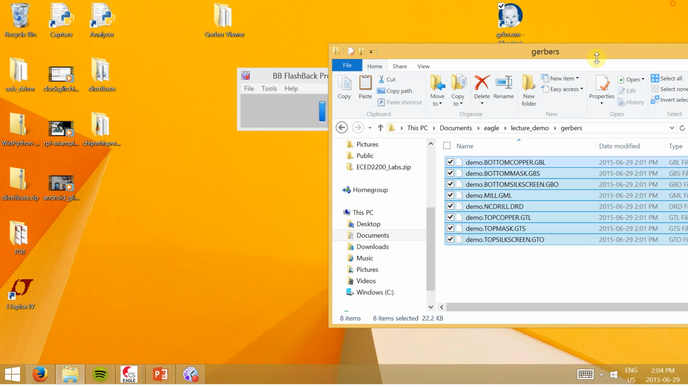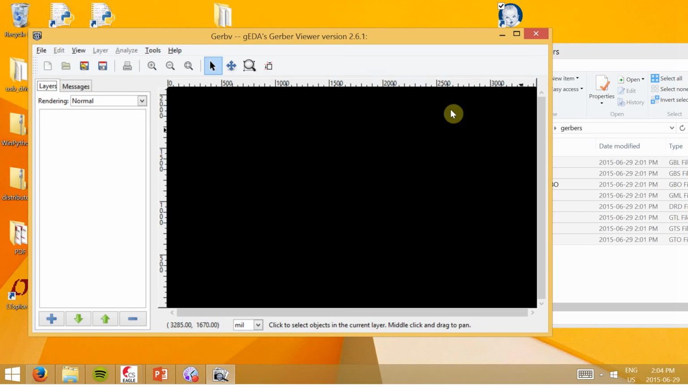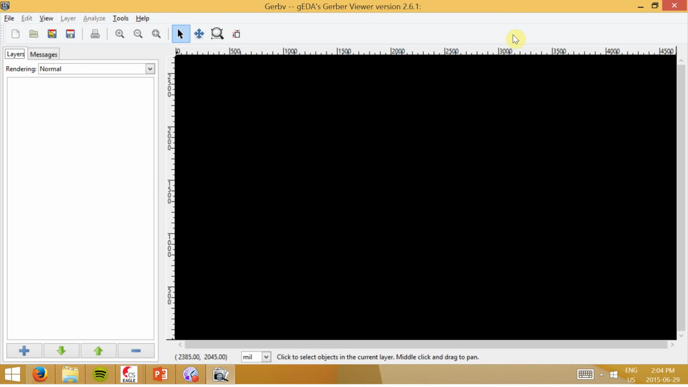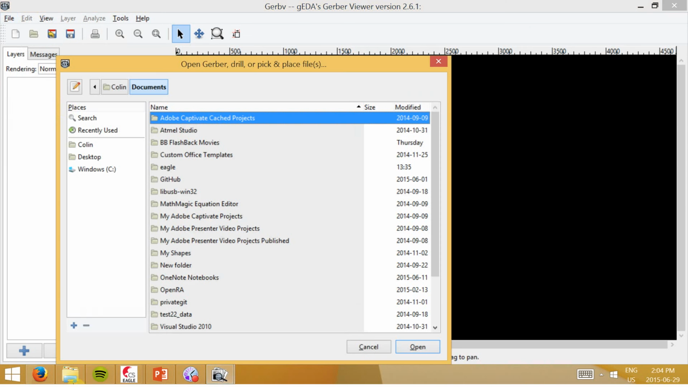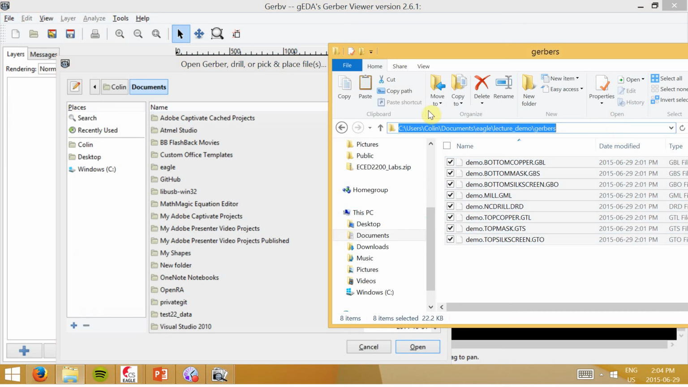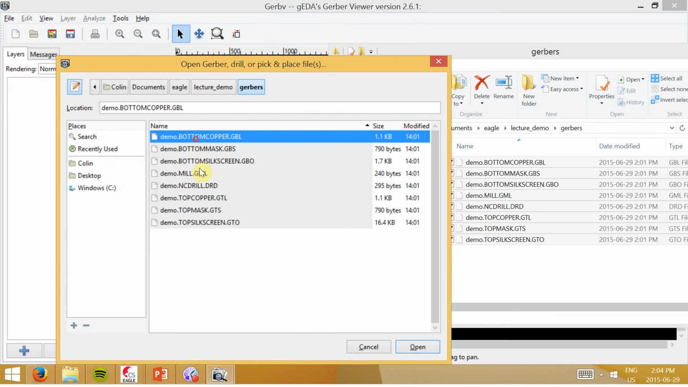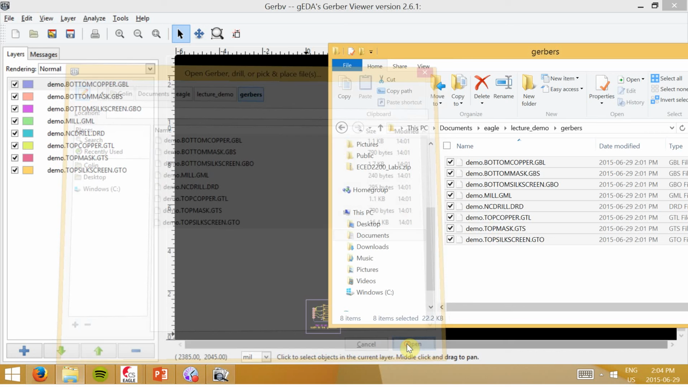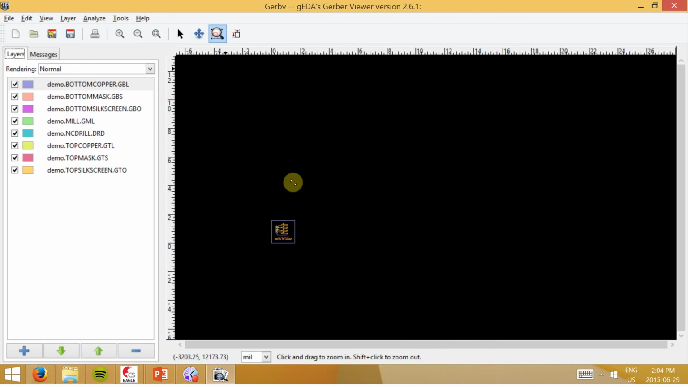If that one doesn't work, the other option, the more classic Gerber viewer, is something like Gerbv. There's a few others too, so you can search and find them. If I open all the Gerbers, so I'm just going to say open all. Basically what you see is